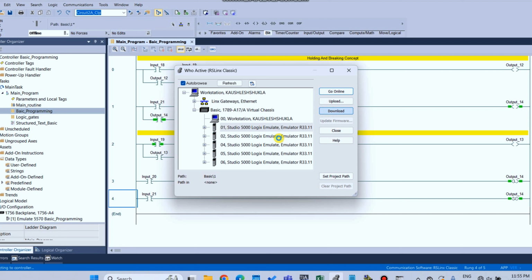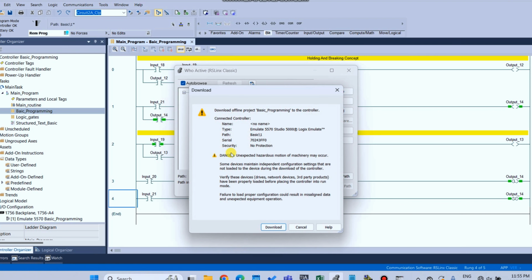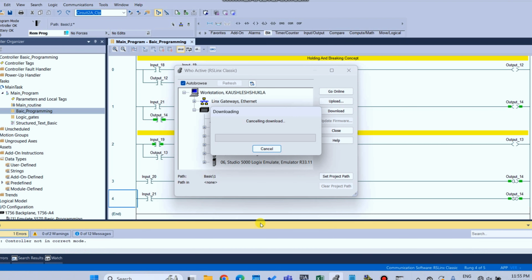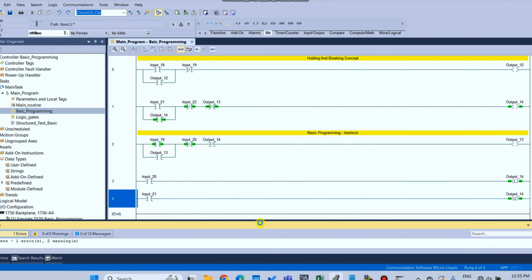Here see ready to controller, connect controller and downloading. Click on download. So again downloading is cancelled.